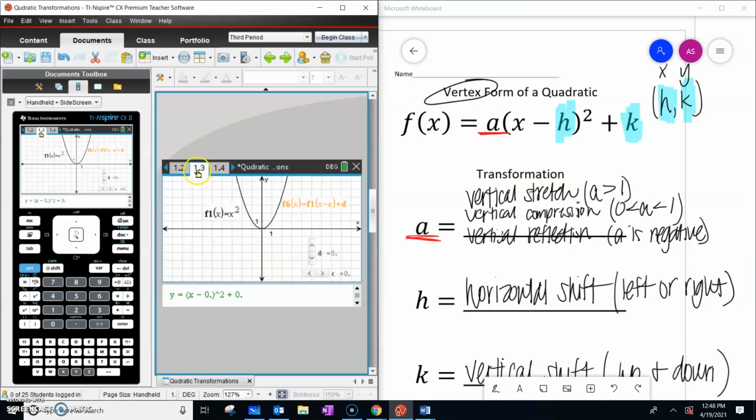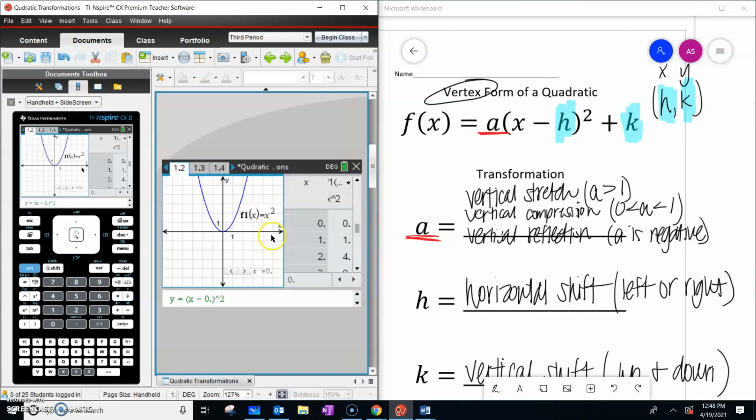All right, with our h, that's going to be our horizontal shifts to the left and to the right. As my h value increases, it's going to be going to the right, and as my h value decreases, it's going to be going to the left. So when you see a graph like this, you need to be able to identify that it's a horizontal shift left or right. One thing you'll also notice about h is that the formula has a negative,